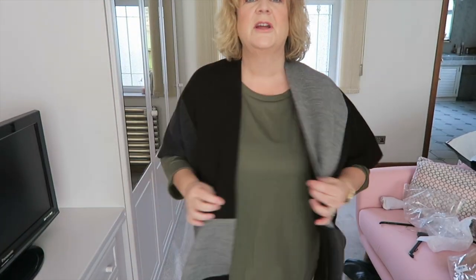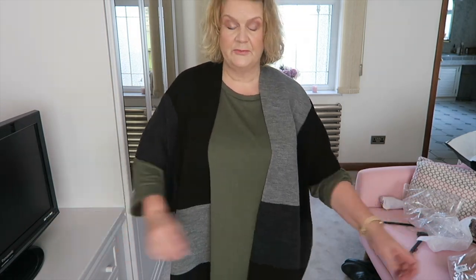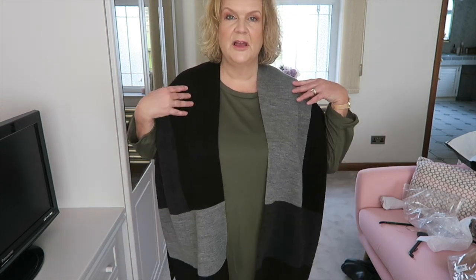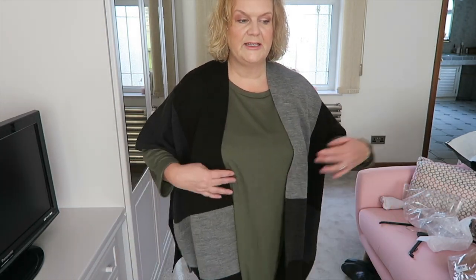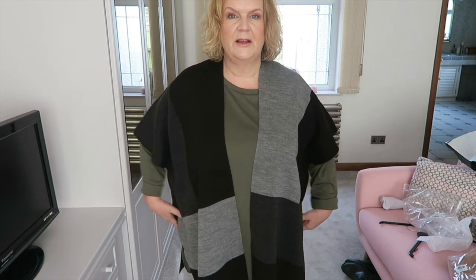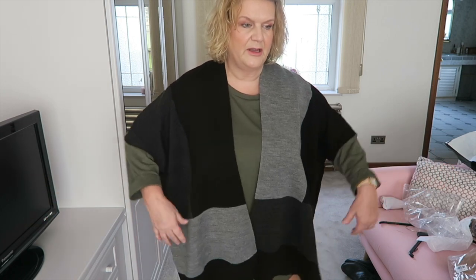I don't love this as much as I thought I was going to. I haven't got any trousers on, so let me be careful how far back I go. So I've got a sort of wintry top that I would wear with this, which is a 3/4 sleeve top, and then it sits over the top of that. I love the colour blockness, but I feel like it adds bulk without practicality almost. I just feel like it makes me look very big, and it's a bit shapeless,